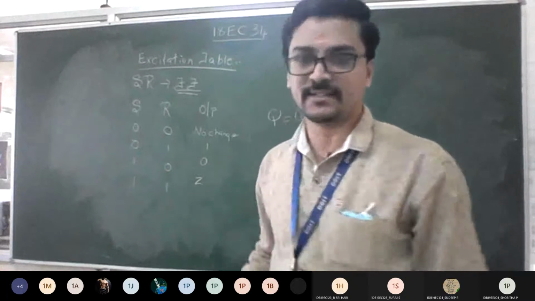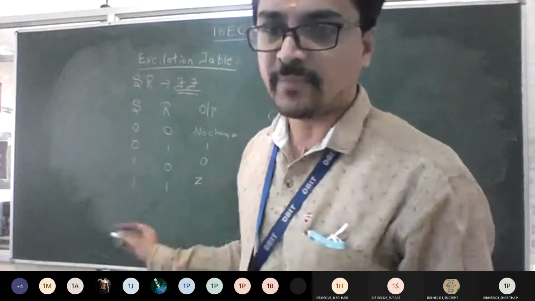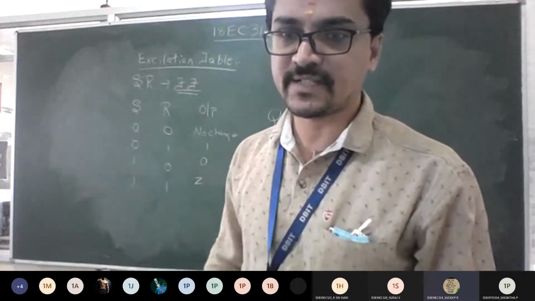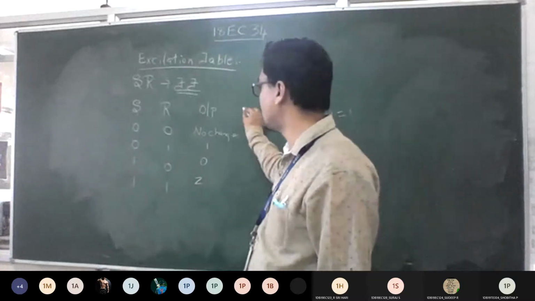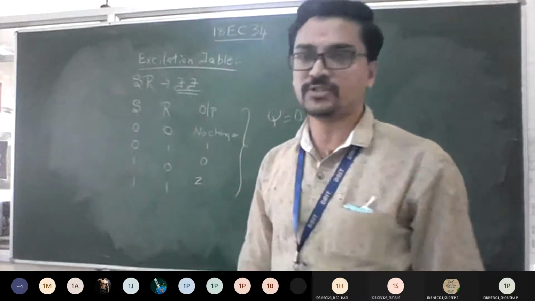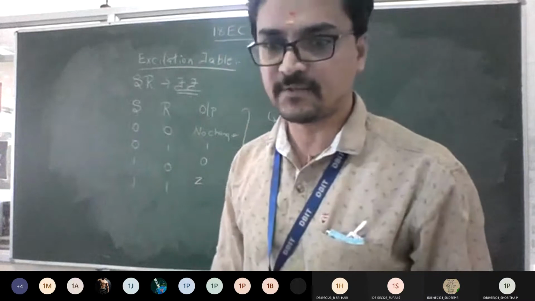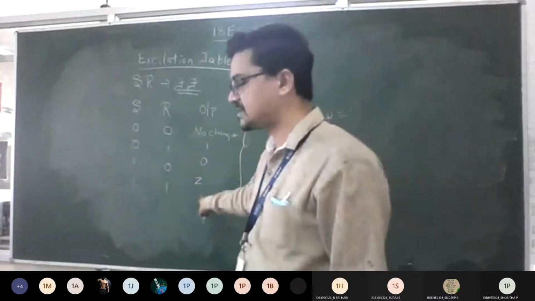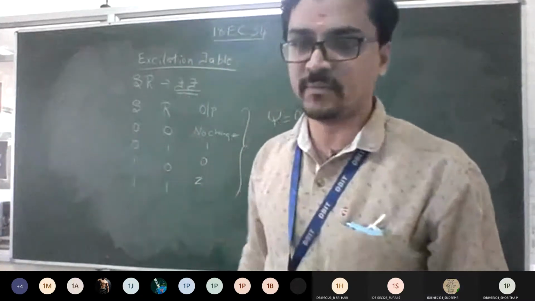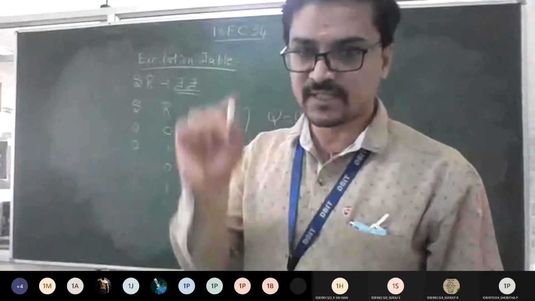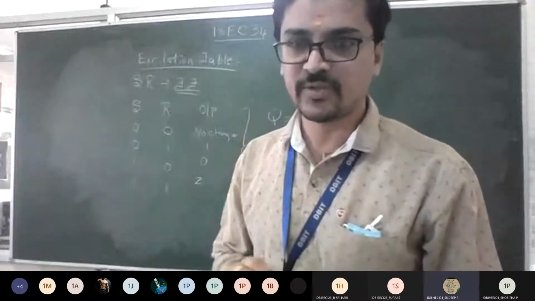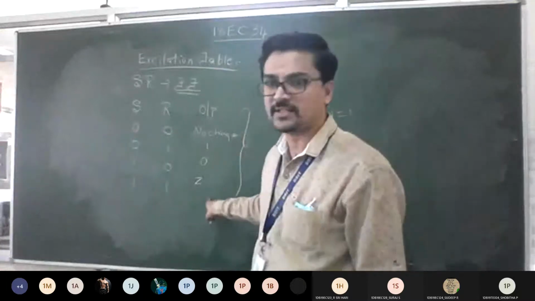That is why Z is written there. That is called high impedance, the state which doesn't exist. So this is the truth table you went through in your SR flip-flop. Right. So to overcome this last category, the 1, 1 condition, high impedance only, you went for JK flip-flop. There was a slight change in the diagram, right? So we are overcoming this high impedance state.